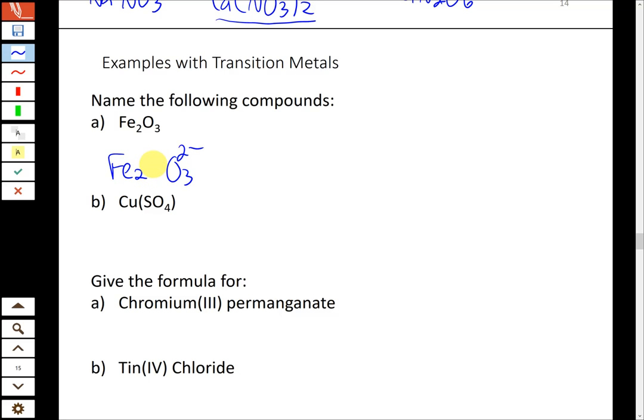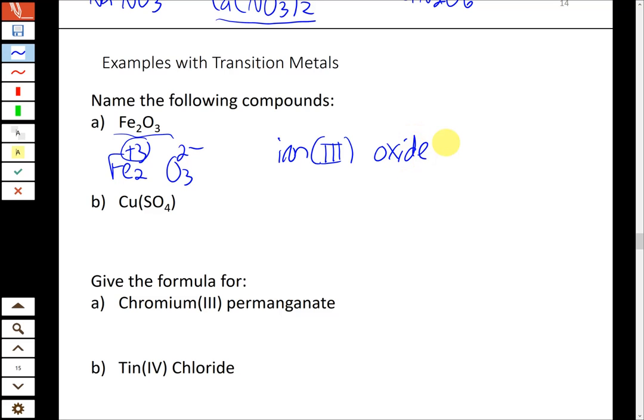Plus 3, right? Yes. So a little bit of quick algebra there. So now with 2 plus 3 irons, we have +6 from the metal, -6 from the nonmetals, and they're balancing out. So from this formula, Fe2O3, we can deduce that iron must have a +3 charge for those to be all balanced. So then the way that we would name this is iron with a 3 in parentheses,